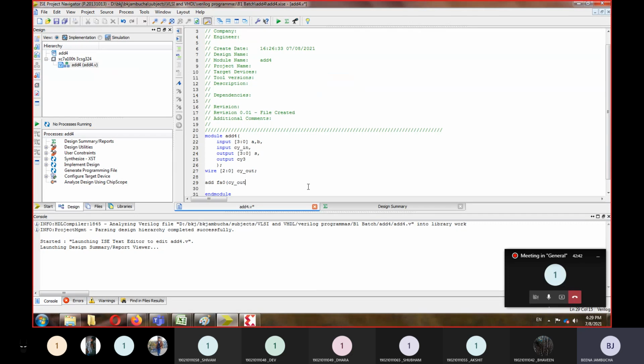The first port was CY out 0. Then another port was S0. Then the inputs are A of 0, B of 0, and carry in.